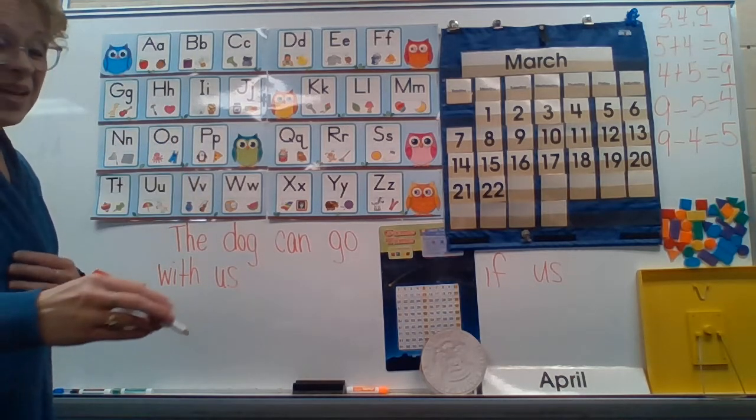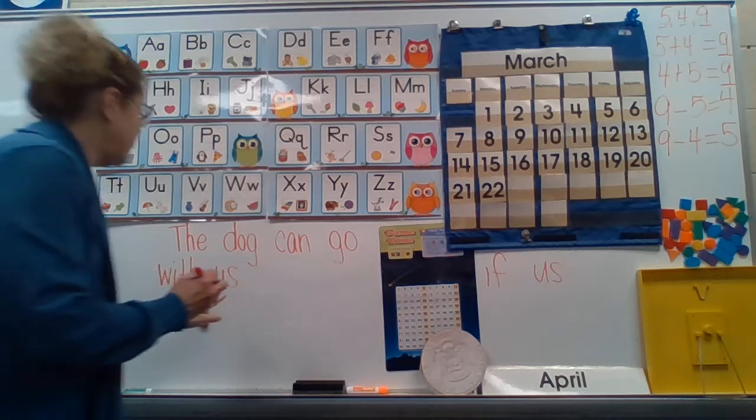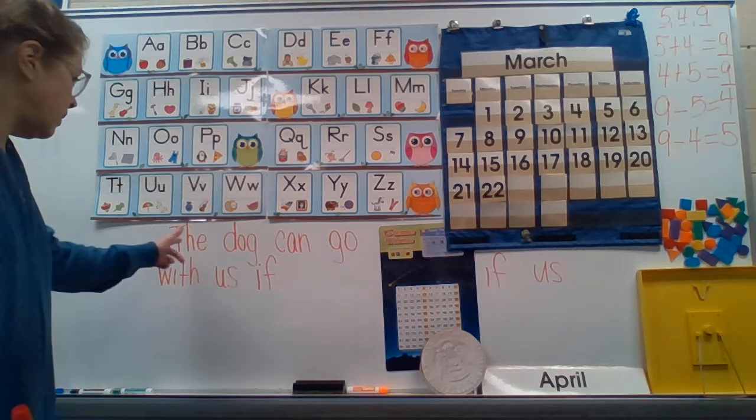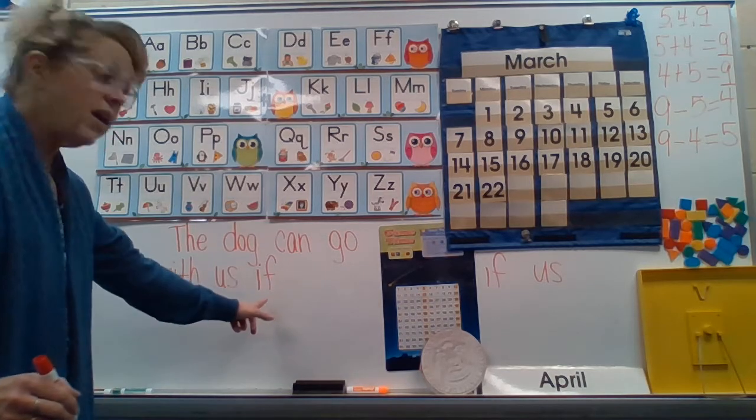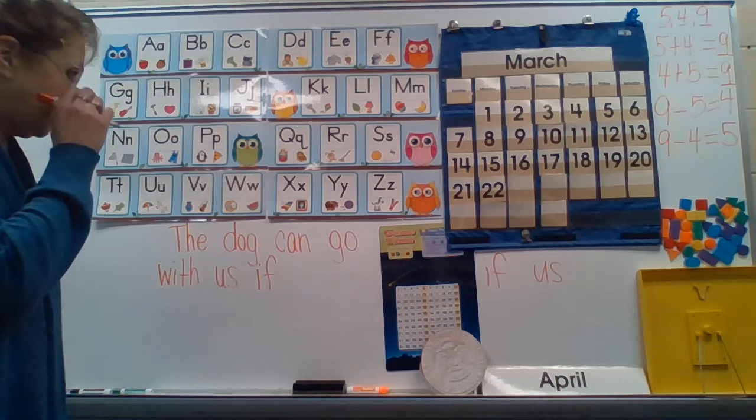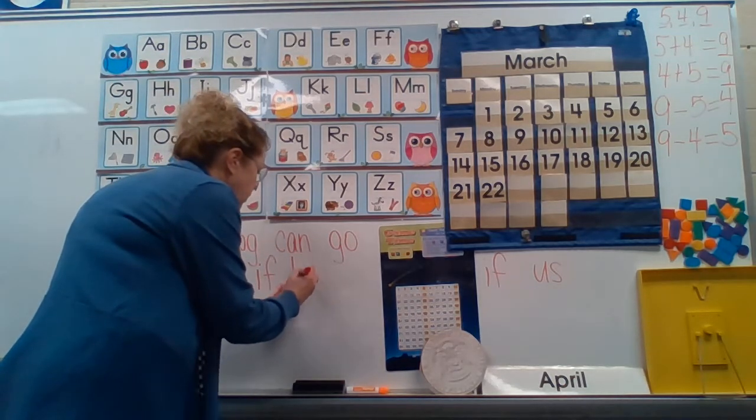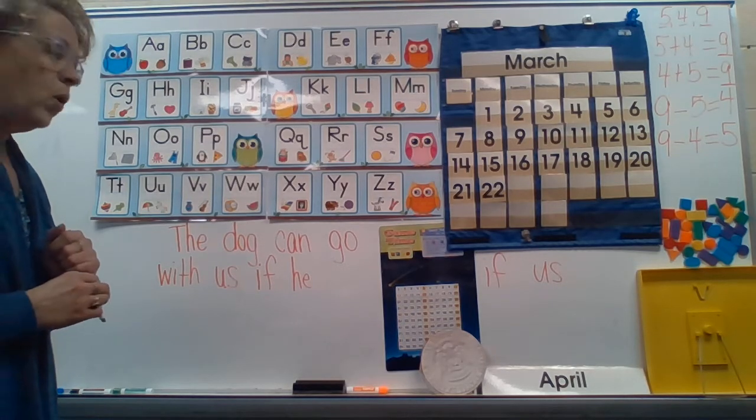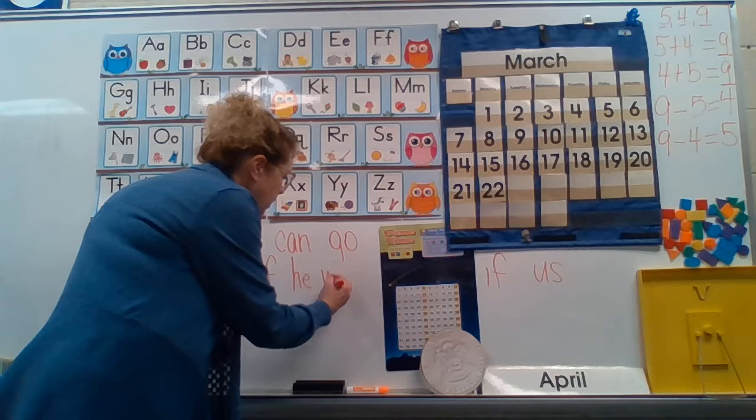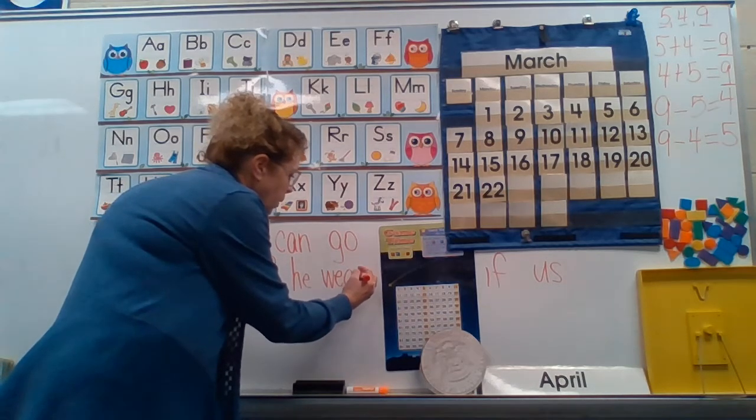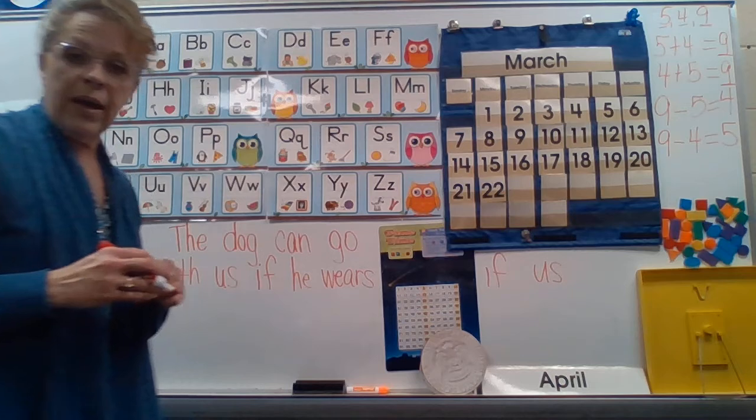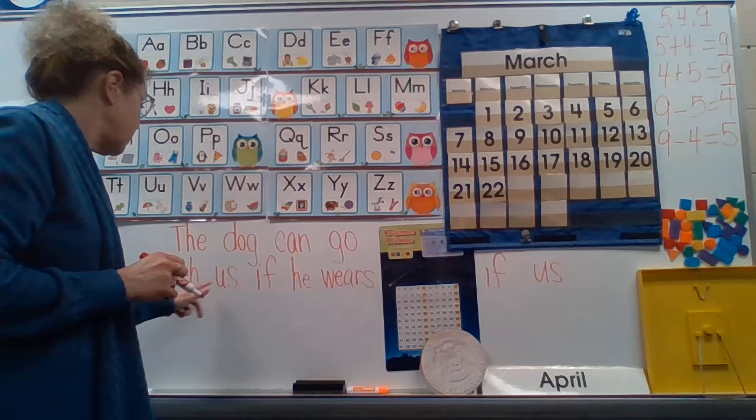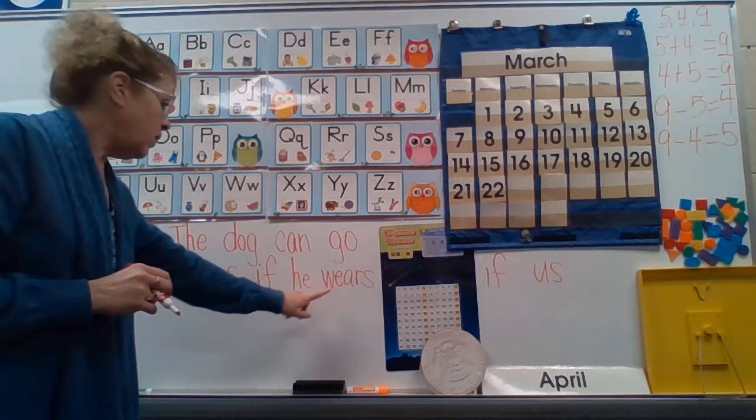And then I'm going to use that other sight word, if. That means it can happen only if the right conditions are met. Okay? The dog can go with us if he, H-E, wears, that's Mr. Wiseman's favorite letter at the beginning, W, W-E-A-R-S, wears. The dog can go with us if he wears